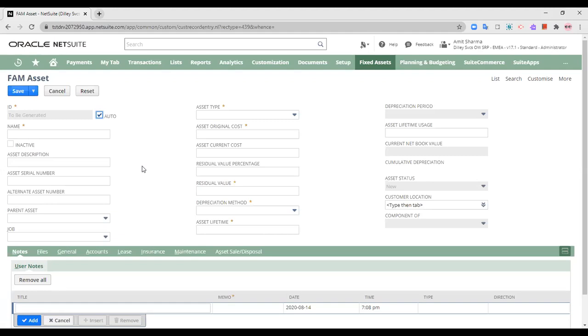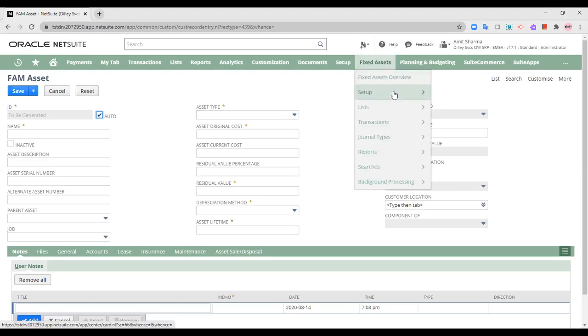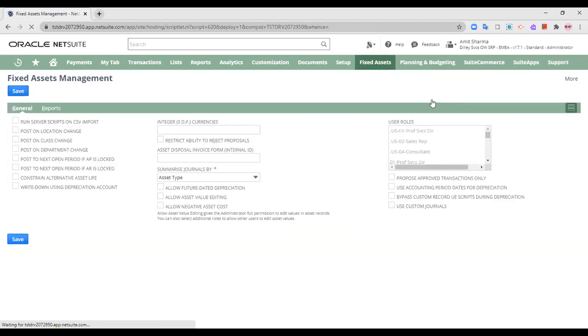Before going on to the importing of the CSV record, there are certain setups that we'll be doing over here. First is under the system setup of the fixed assets.